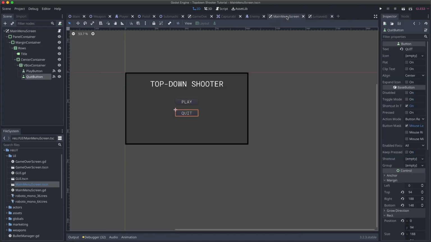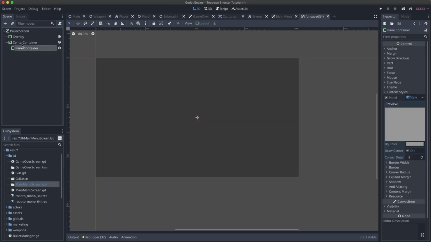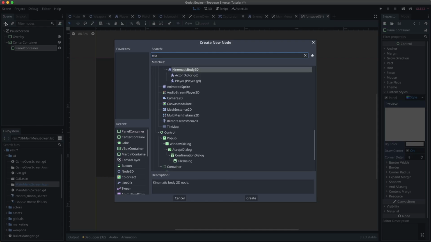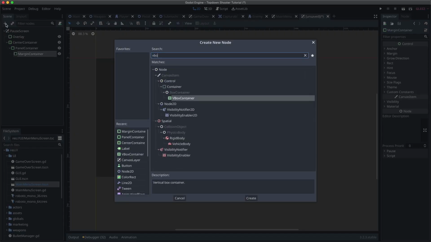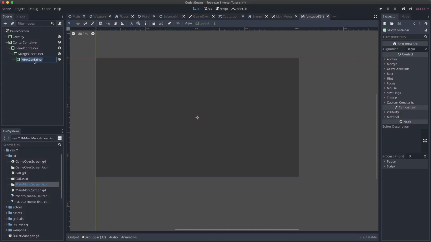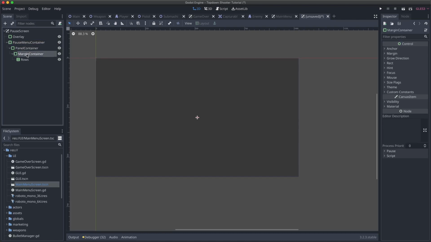So similar to our other UI elements, like our main menu, we want to have a margin container as a child of our panel container to make sure that our elements are not touching the edge of the screen. So we'll do the same thing here, margin container. And then after that, we want the elements of our pause menu to be vertically stacked. So you probably know where this is going. We're going to have a VBox container here. And I'll call this rows, as I am wont to do at times. And so I will call this pause menu container for our center container, since that's kind of the parent of our actual